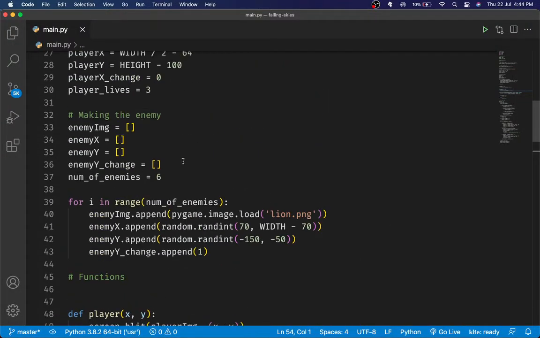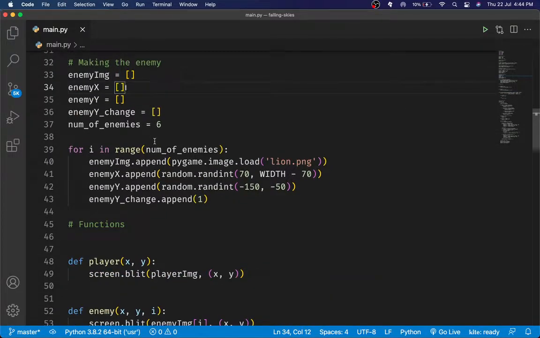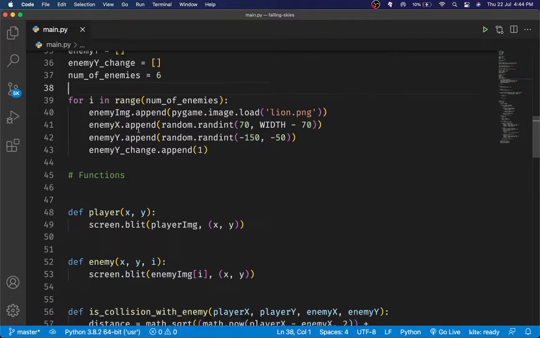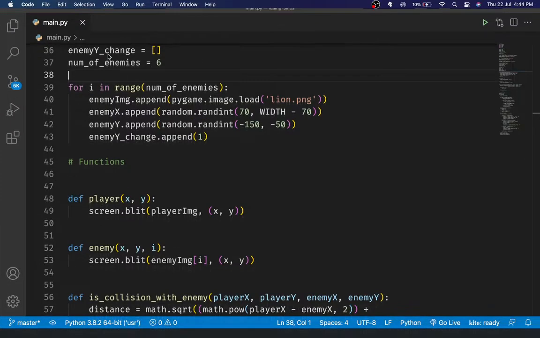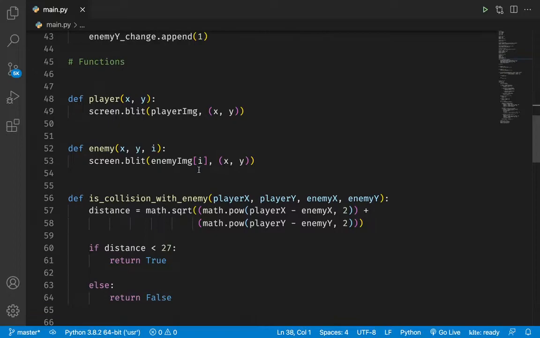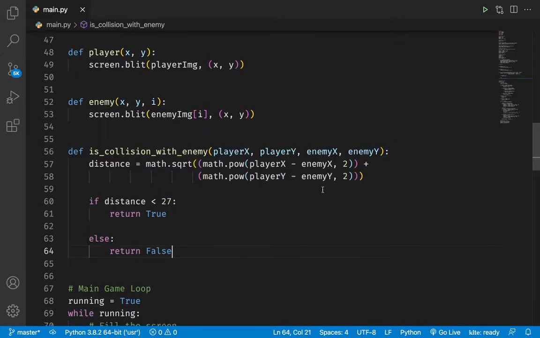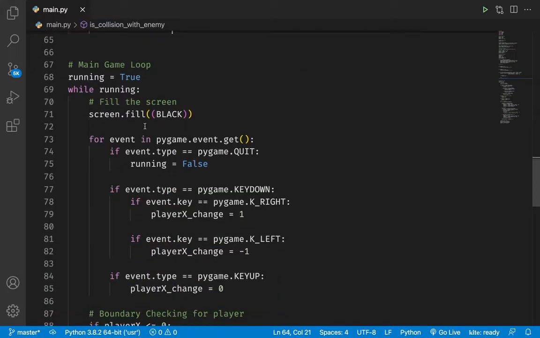So we would blit every single index of the enemy individually on the screen instead of simultaneously blitting all of them together, because that would mean that the enemies would be blit on top of each other instead of beside each other or at random positions, which was what we actually wanted, and that would fail us from achieving our goal. Now the collision logic was the same. That didn't change.